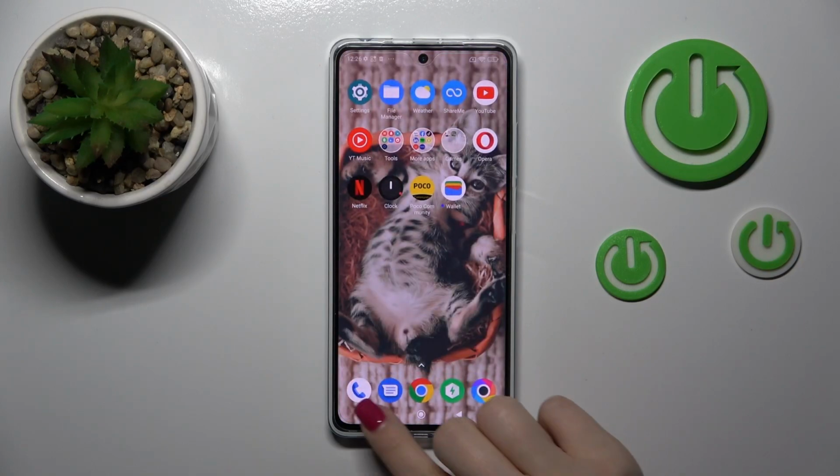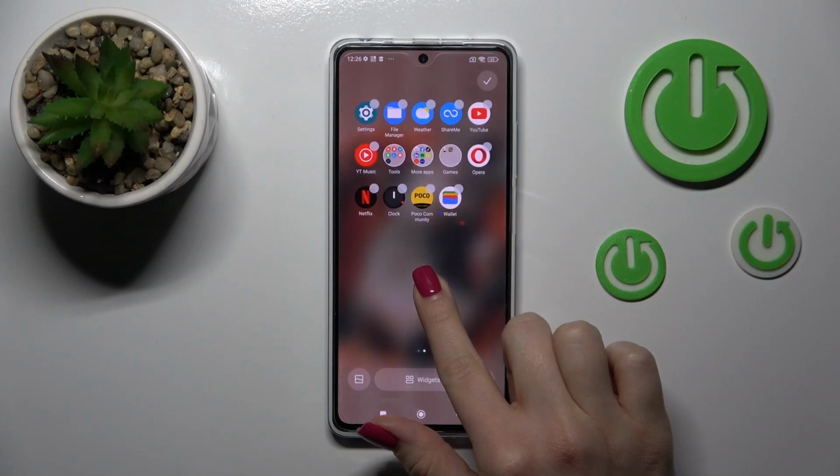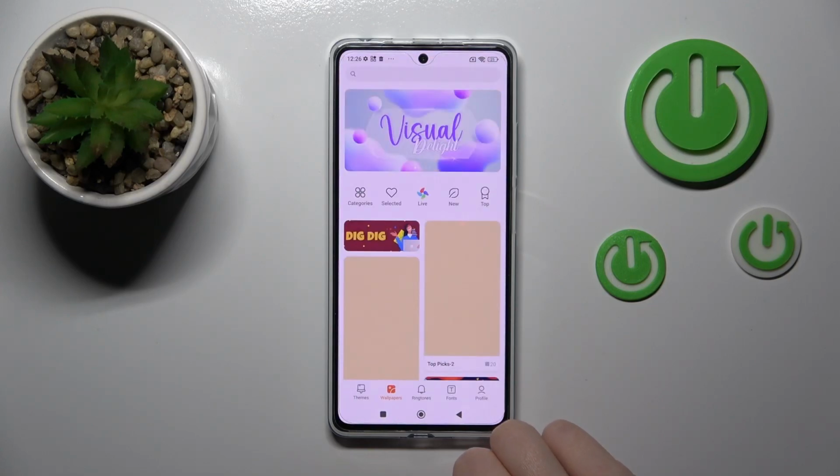Also, there is one more way we can do that. First, hold the empty space on your home screen with your finger for a while, then in the left bottom corner you'll see the wallpaper icon. Just tap on it, and